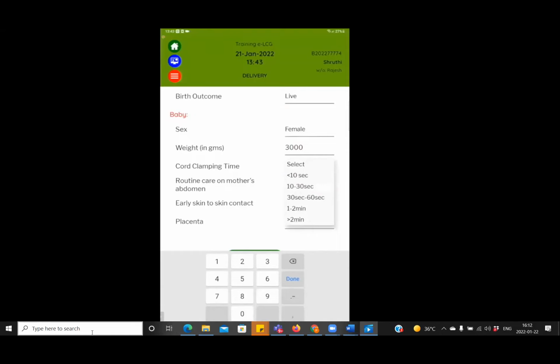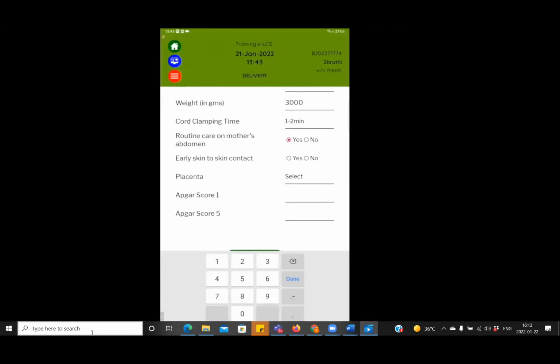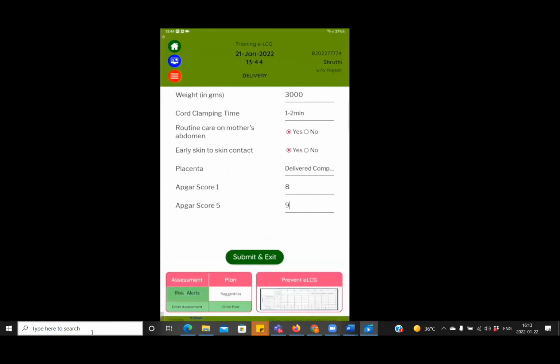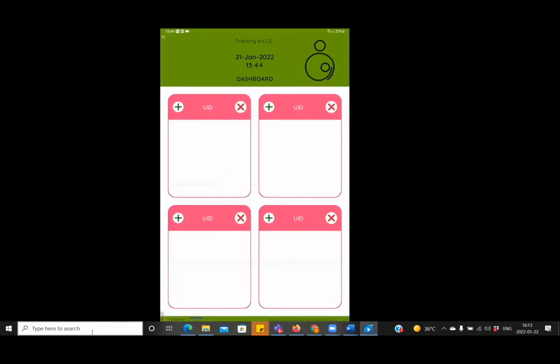Delayed cord clamping was done, 1 to 2 minutes. Routine care of mother. The baby was put on skin to skin contact. Placenta was complete, delivered completely. APGAR score was 8 and 9, at the first minute 8 and the second minute 9. Submit and exit. So at this point, if you open the partogram now,